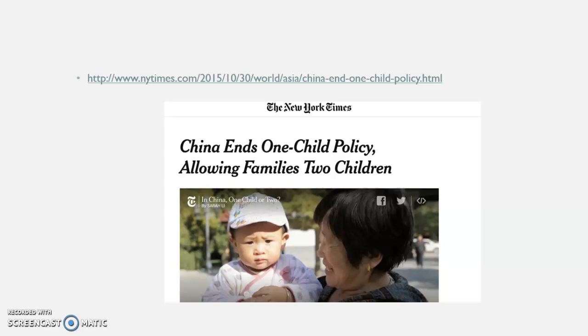Because of this, countries have come up with a variety of ways to tackle population growth and population decline. China decided, because their population growth was so substantial, to have what's called the one-child policy. But they have since decided that that was not a path they wanted to continue going down. So now families are allowed to have 2 children. But it was just a way for them to try to manage the rapid population growth they had, and their population growth is now stabilizing and will be declining.